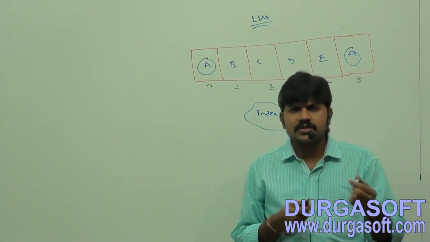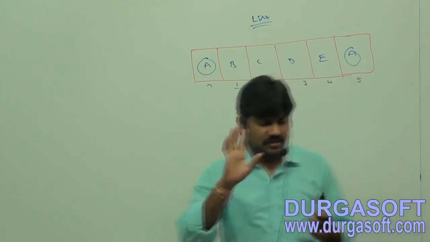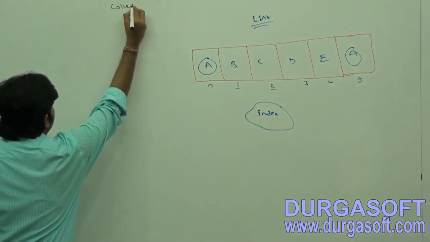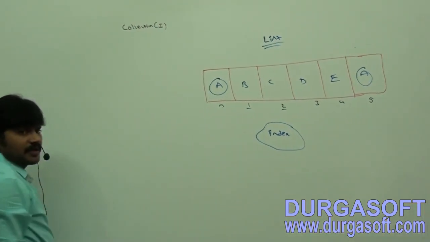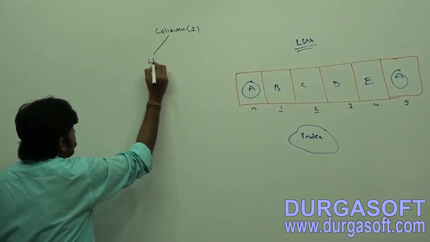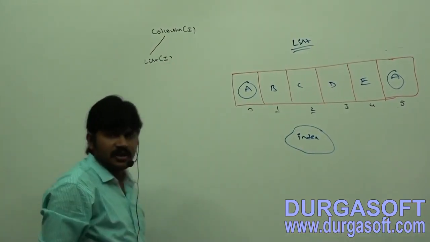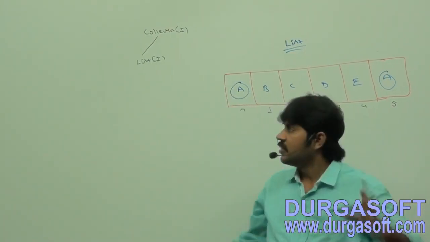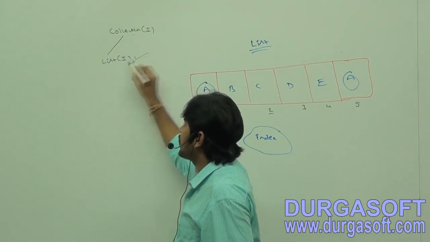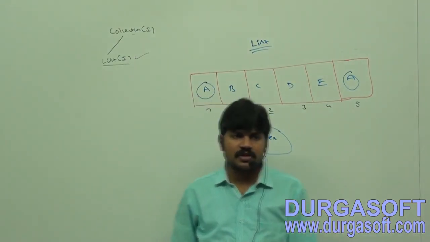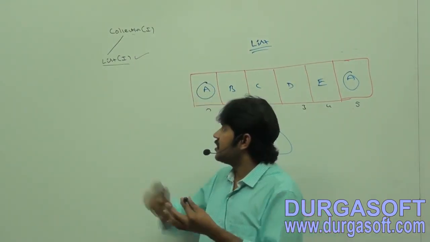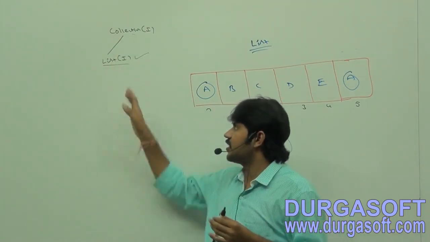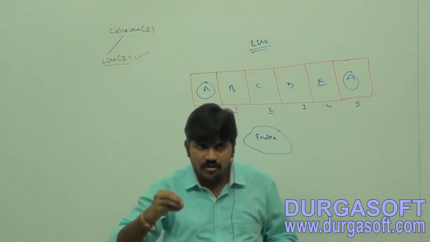Now the next important terminology. Collection is the parent, list is the child. That's why whatever methods are there in the collection, all these 12 methods by default you can apply for the list also, because parent class methods are by default available to the list. But in addition to these 12 methods, list also contains some methods.